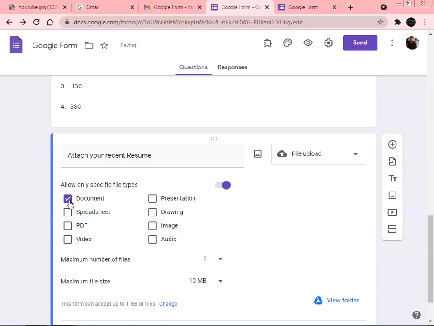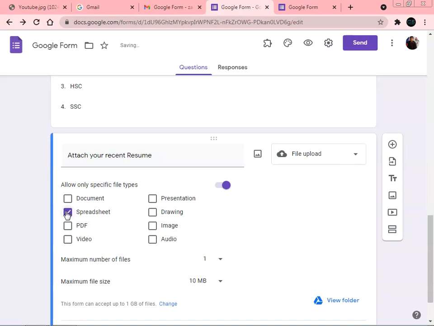If you are asking users to attach a video file, we can give the video option. If you are asking for audio, we can select the audio option. If you are asking them to send a JPG or GIF file, we can select the image option. Same for drawing, same for the Excel sheet.